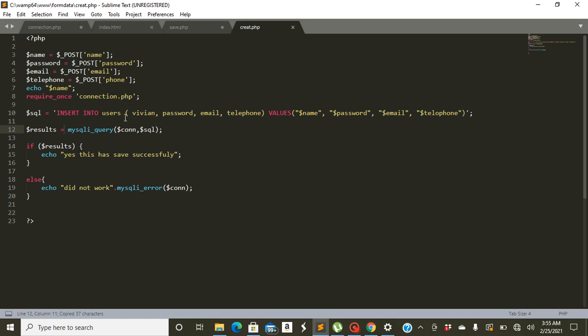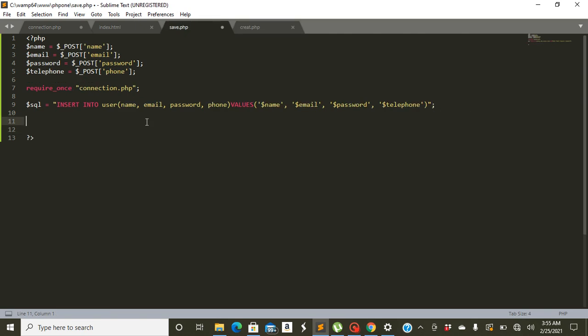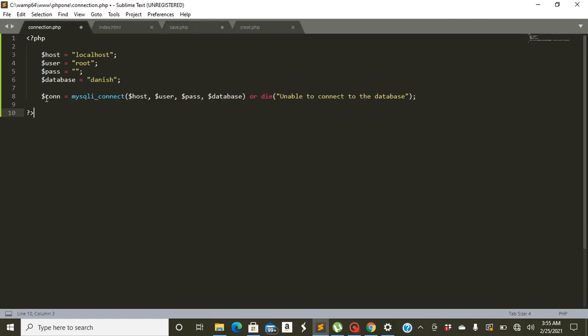Just copy this line and paste it here. So result is equals to MySQL query connect and SQL. This connection that you see here is a variable that has been defined in this required ones. If you look again, this con is what we are asking for